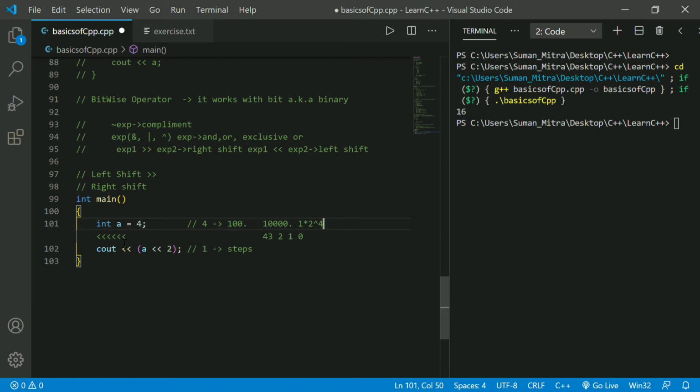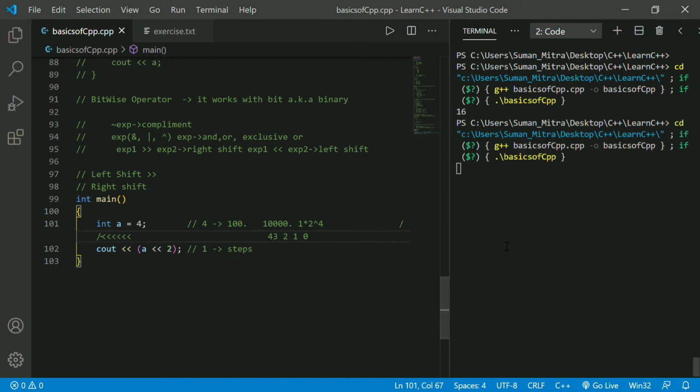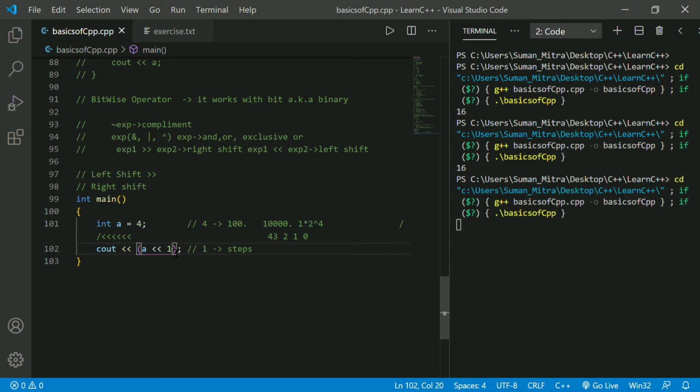I hope you are getting some idea. If you are not, then please learn about binary. If you learn about binary, you'll surely get all of this. So if you just run it, you can see we'll get here 16. If you run here 1, then that's 6 or 7, I think. Okay, we get here 8. 8 for 3, because here it will become 3 and 2 power 3 is 8.